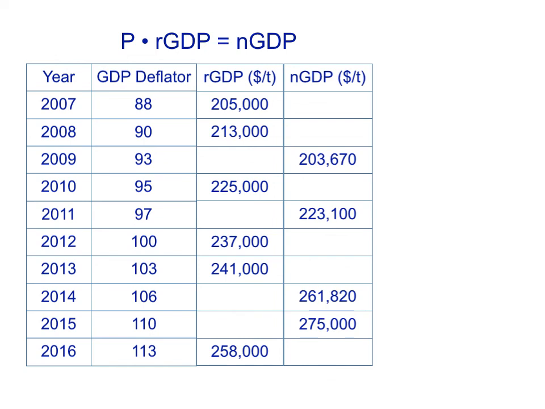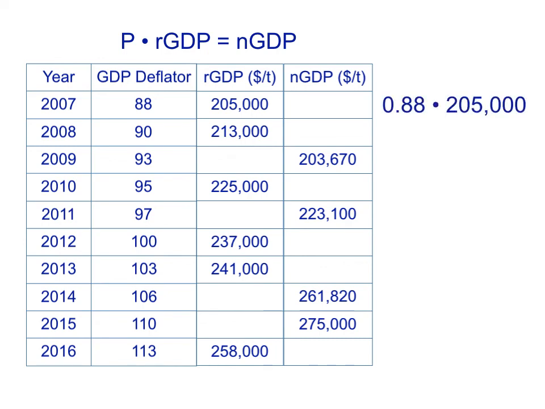So what I can do is take all of these values and just follow the formula. If I have a real GDP of $205,000 per time period in 2007, and my GDP deflator is 88, so I'm converting things into that 2012 base year,